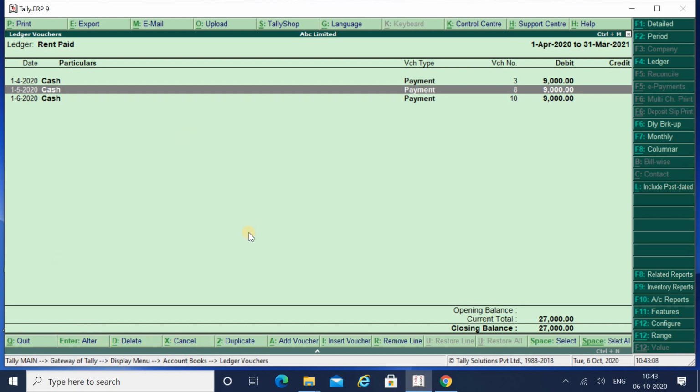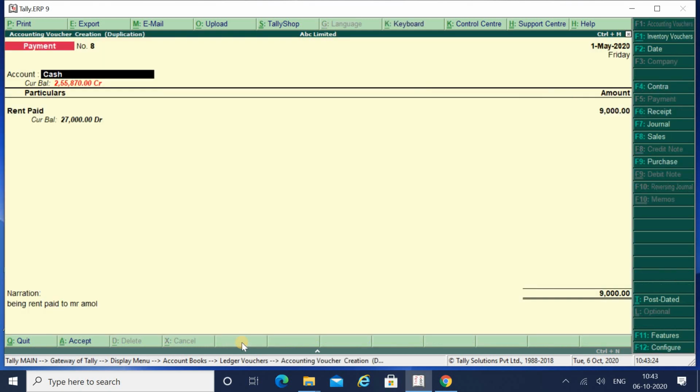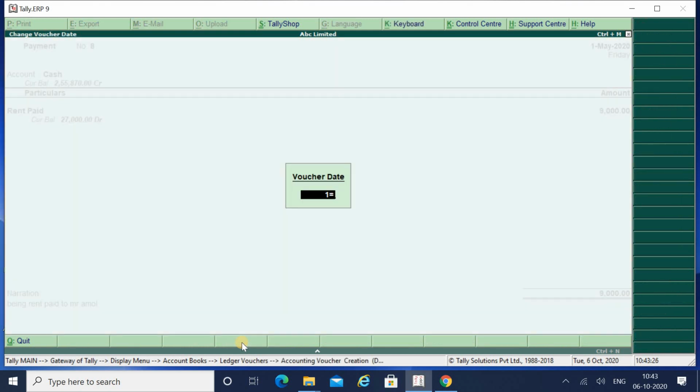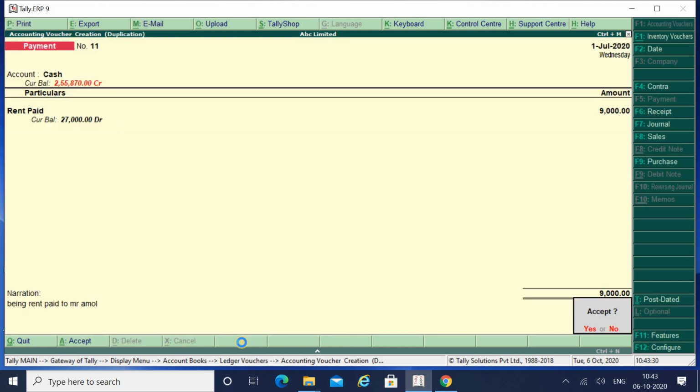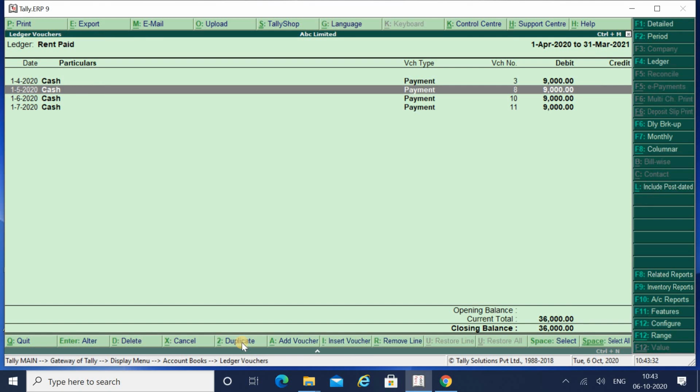One more thing, you can create a duplicate entry by clicking over here, where you can see duplicate, or by pressing the shortcut key Alt plus 2. I will change the date to 1st of July and accept. Alright, my entry for the July month has also been created.